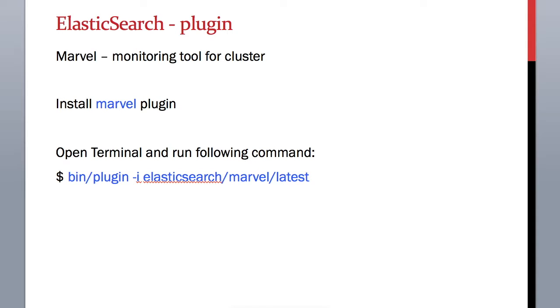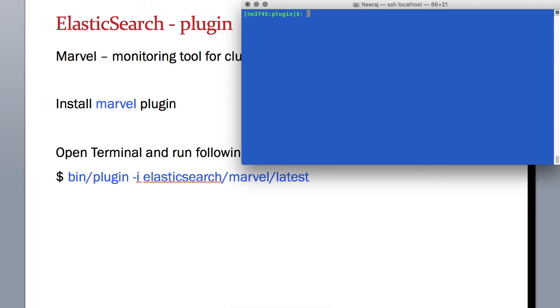In addition to the head plugin, we also need a plugin called Marvel, and this plugin is used to monitor the Elasticsearch cluster. And it is also very easy to install, same way as we did for the head plugin. So open your terminal and just go to the home directory